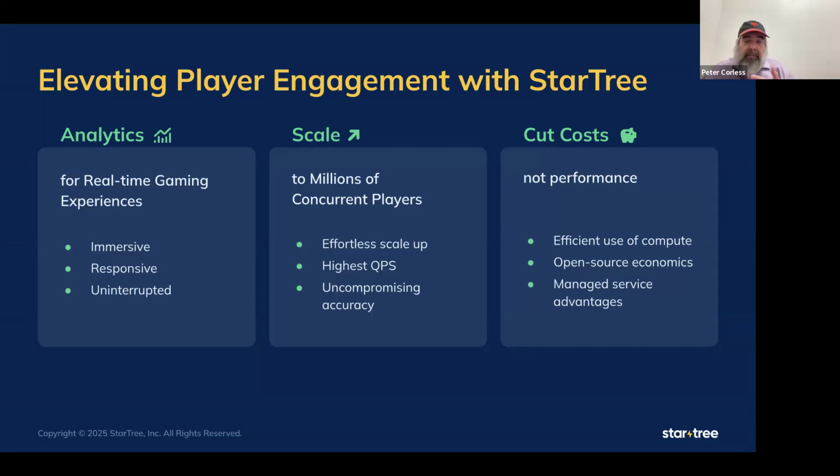At any moment, there could be some huge run and everybody wants to check out a dashboard or a leaderboard. One moment there's hardly any traffic, hardly any queries per second, and then suddenly thousands the next. That's one of the other issues about StarTree and Apache Pinot. It was invented by LinkedIn when they had 100 million active users.